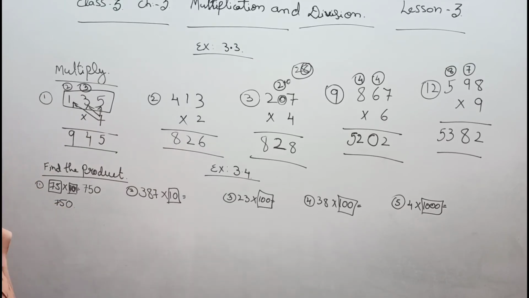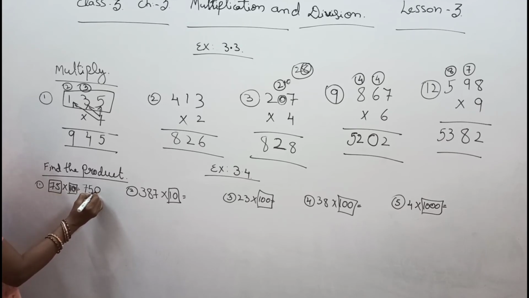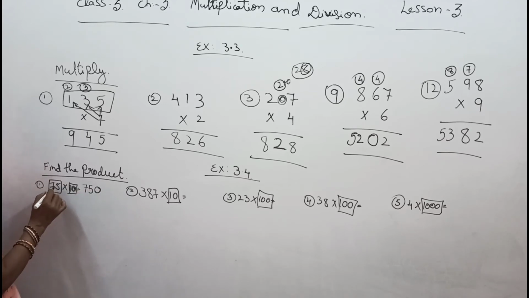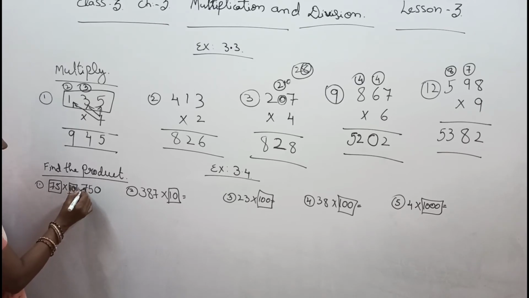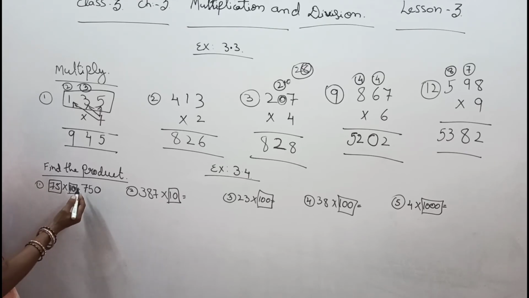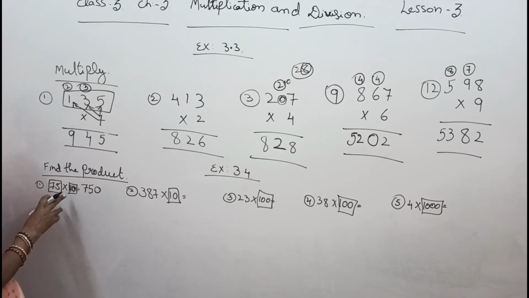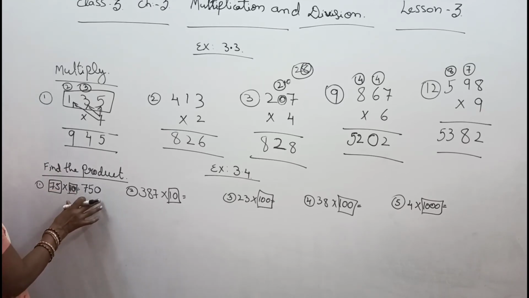Understood? हमें क्या करना है, जैसे यहाँ पे 75 into 10 दिया हुआ है, तो 10 में 0 तो है ही, इस 0 को हमें कुछ भी नहीं करना है, इस 0 को 0 वैसे ही लगा रखना है और 1 से नंबर को मल्टीप्लाई करना है, जिससे अगर कोई भी नंबर, if any number, the number will be multiplied by 1, the number will not change its identity and it will be same as it is. So अगर हम 1 से कोई भी नंबर मल्टीप्लाई करते हैं तो वो जैसा लिखा हुआ है वैसा ही रहेगा, उसमें कोई भी डिफरेंस या चेंज नहीं होगा.